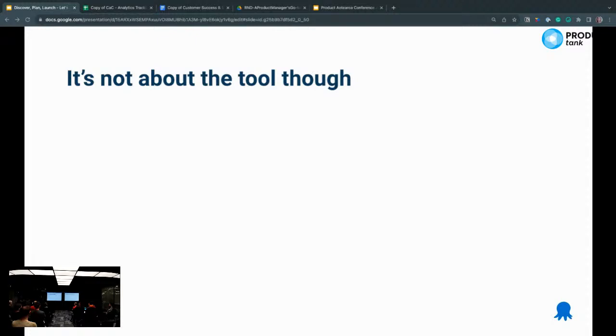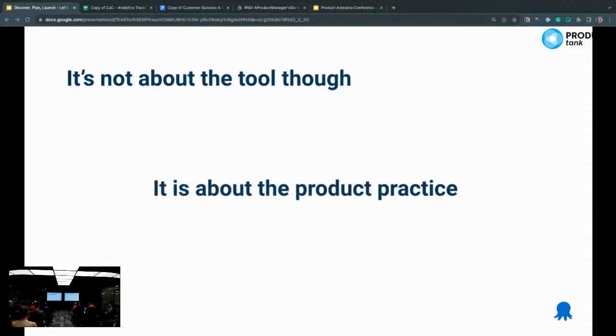But it's not so much about the tool, though. It's about what it's freed us up to do. It's about good product practice. And what the good tool freed us up to do is to have meaningful conversations and good storytelling about our work. Now we were able to tell our customers and our organization what the feature is, what the product does,